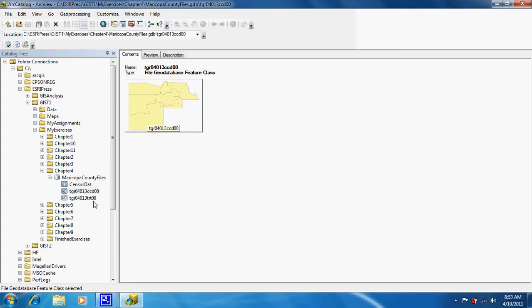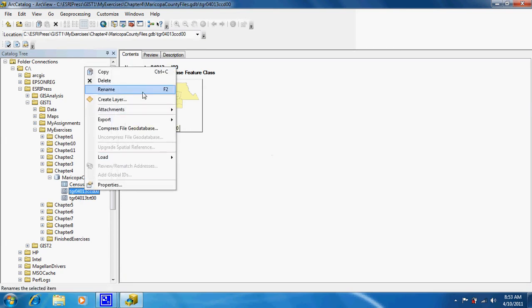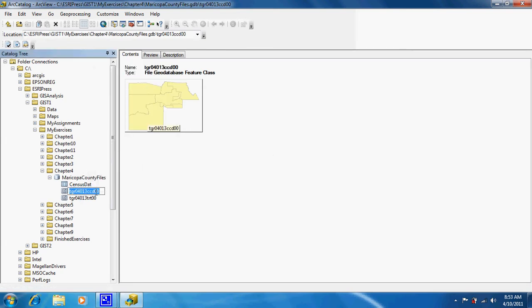But as you can see, these titles for these two shapefiles don't make much sense. This is what normally the names of any file that you download from the internet is going to look like, so you'll have to rename them very often. To do that, you can just right click on it, go up to rename, and just type in what you want to name it. This one is going to be cities,